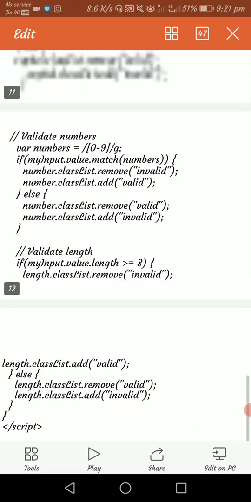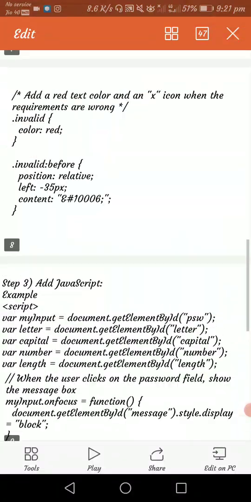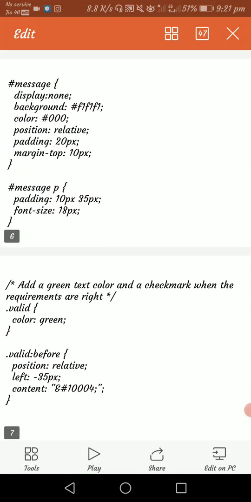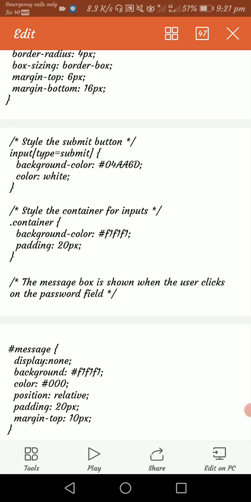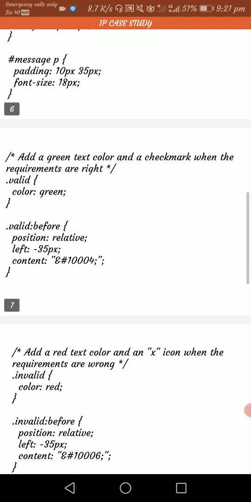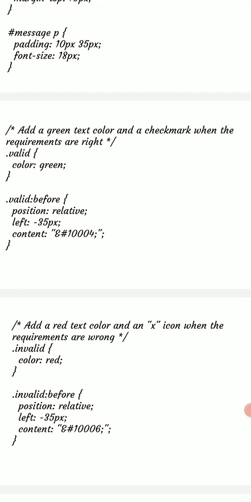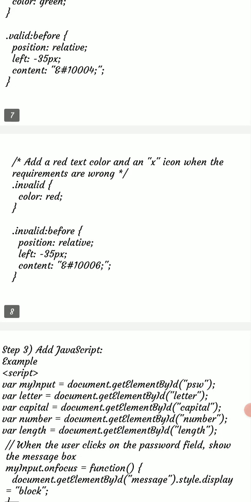So here we have given a valid color green, valid before position relative left. But if the password is invalid, it means color red, invalid before position relative left.